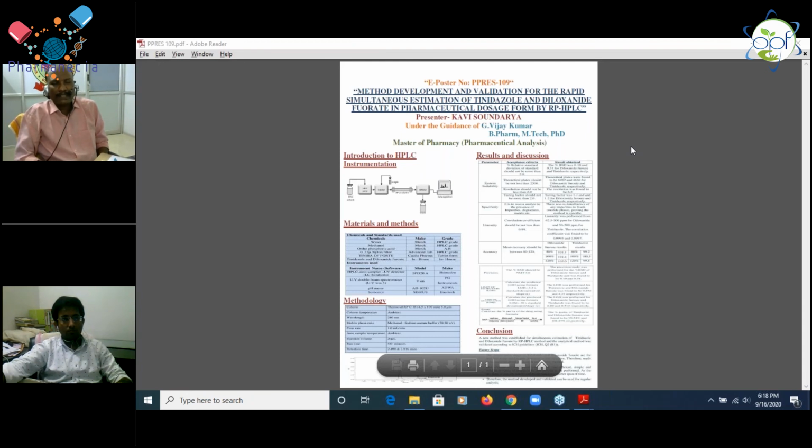What are the various methods for determination of limit of detection? There are actually three methods. The first one is visual method, by seeing if the area is present or not. The second one is by taking standard deviation, and the third one is by considering standard deviation and slope. As I did, for LOD it is 3.3 into standard deviation by slope. For LOQ it is 10 into standard deviation by slope.